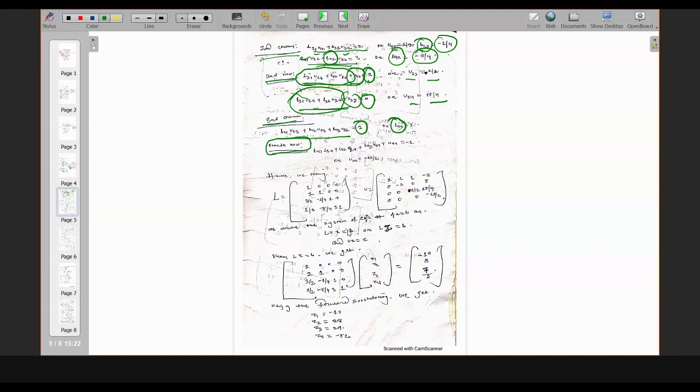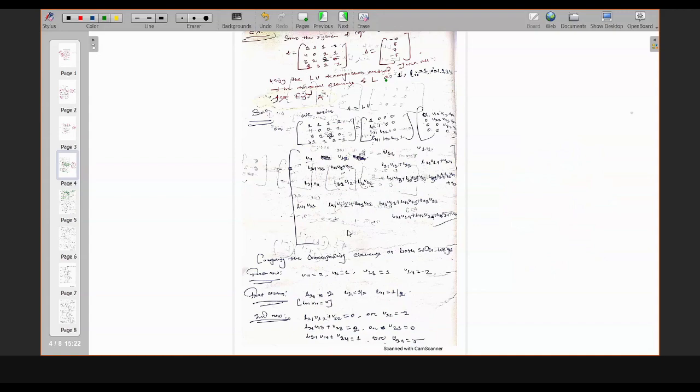Okay, in the fourth row you can see, this is your fourth row element. Fourth row means you have four elements. This is first, second, and third, and this is fourth. So in the third column, this is first, second, third, and this is the fourth element. Okay, because I did not have the space, that's why I wrote it in the next line. This is in row number 4. This is a 4 cross 4. Sorry, if you write the A, this means it is a 4 cross 4.